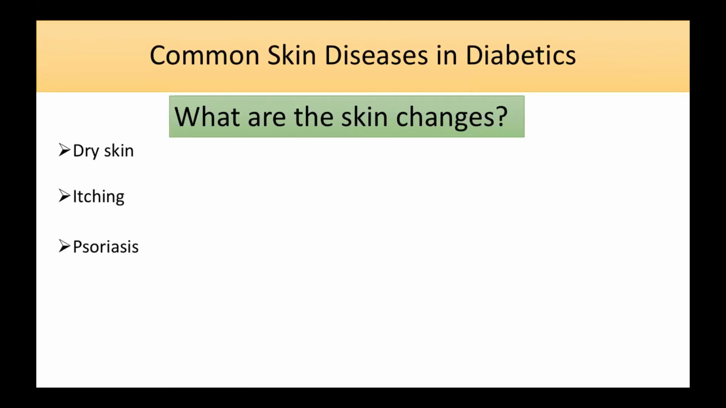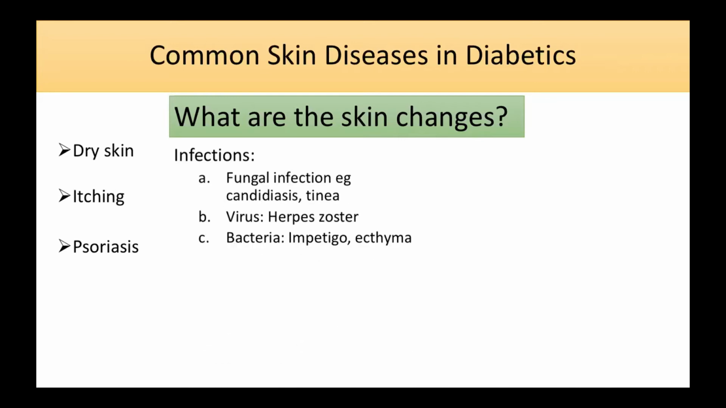Okay. And of course, if you have diabetes, one of the risk factors is getting psoriasis. Psoriasis is actually a long-term skin problem. There's no cure for it, okay? But there are on and off flares, and you can actually control it. On top of dry skin, itchy skin, and psoriasis, if you have diabetes, our immune system is